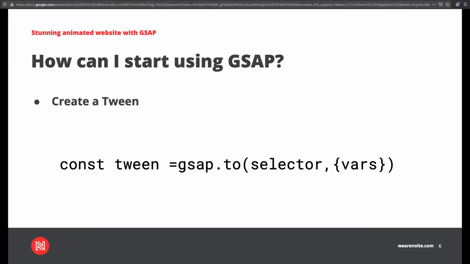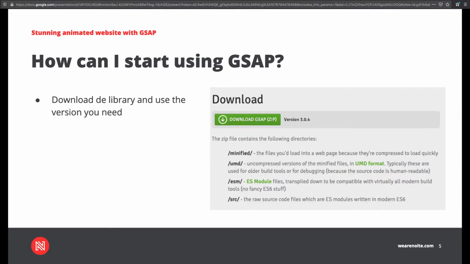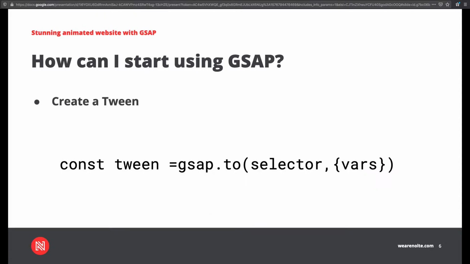So how can you start? First, you need to create a tween. A tween is an animation. So you can animate anything that you want in your HTML file. For instance, a selector, it could be an SVG, an ID of an element in the website, or it could be a class or